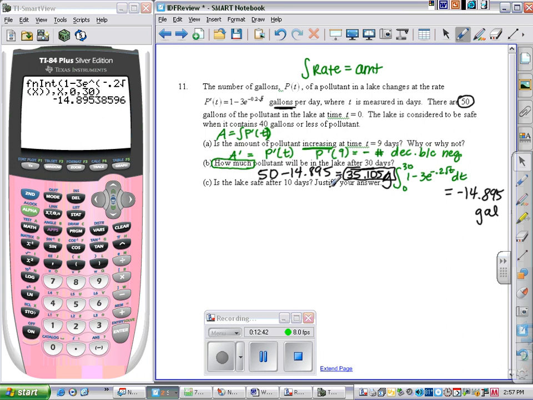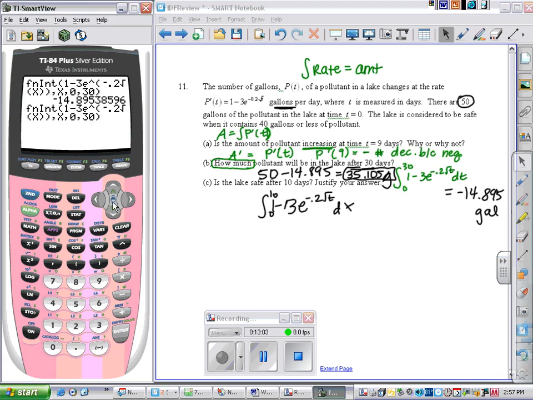Alright, is the lake safe after 10 days? That means we need to take the integral of this function from 0 to 10. So remember on your calculator, push second and then enter solve. Change the 30 to a 10. Push enter. And we get